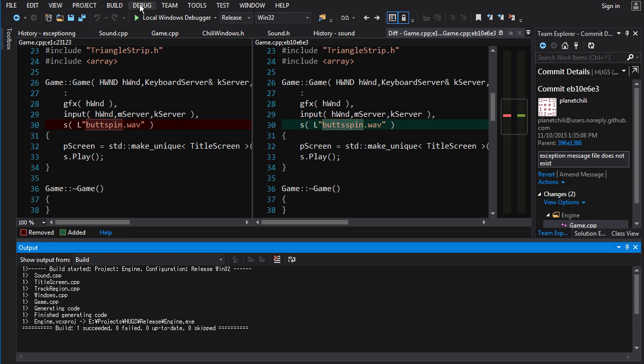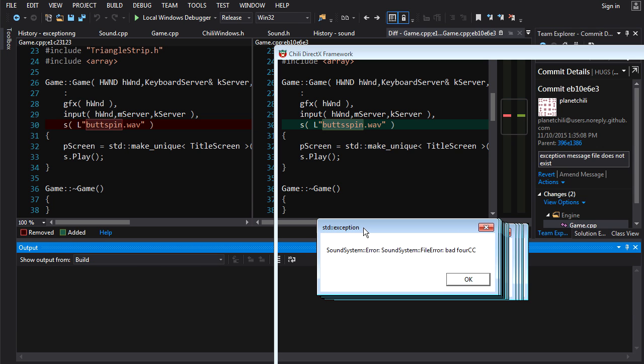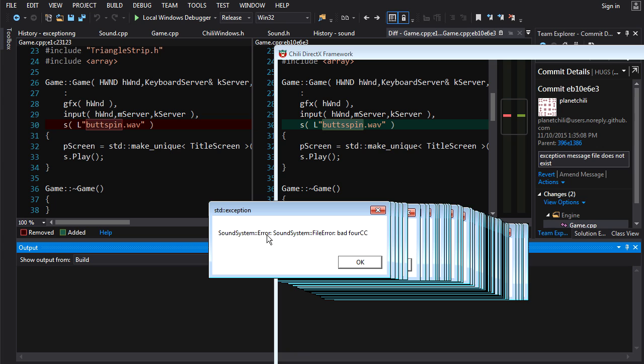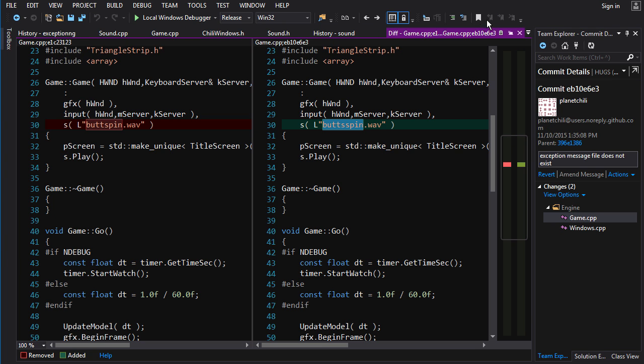And I'm assuming that I was going to get an exception saying something about file access. But when you do it, you get an exception, STD exception, sound system error, sound system file error, bad 4cc. So it's telling us we're getting a bad 4cc code. But that's weird because the file doesn't actually exist. So I was like, that's kind of weird. Why is it doing that? And the answer is,